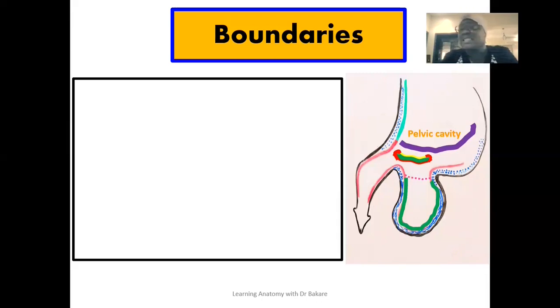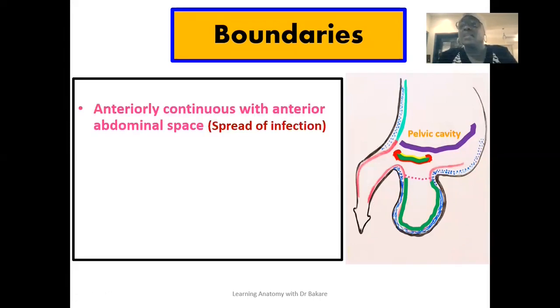We also say that the deep and the superficial perineal pouches are located within the urogenital triangle, which of course is seen in the anterior part. And this is why you see this pouch is located in the anterior region of the perineum. In the perineum, within the urogenital triangle, we have the deep perineal pouch, and this is what is arrowed here